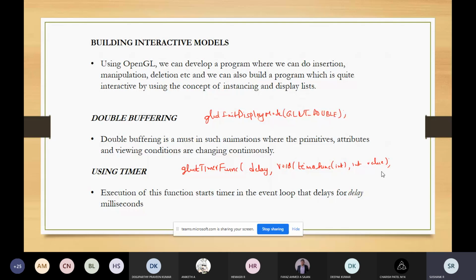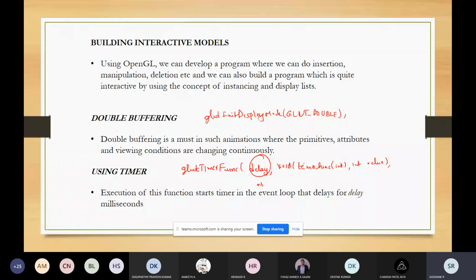So glutTimerFunc takes the delay as a parameter, and you also pass the timer function and the value. The execution of this will start the timer in the event loop, which will delay the loop by this many milliseconds. If you pass 500, it will be delayed by 500 milliseconds.